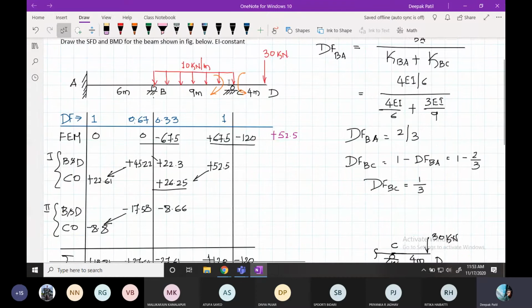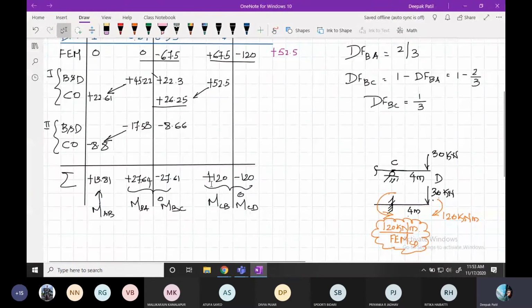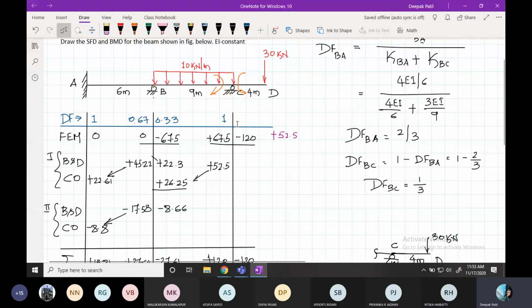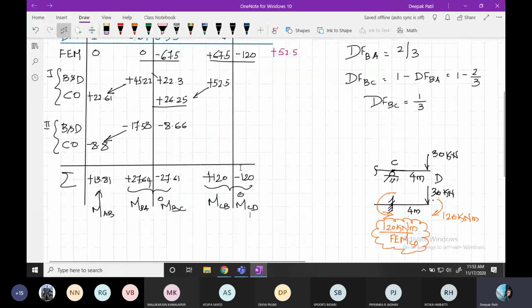Then only the point C, that is, roller support C, will be in equilibrium. So if here it is plus 120 and here also you get plus 120, then the summation is not 0. It means point C is not in equilibrium, but that is not the case, right? So you're getting MCB plus 120, which means MCD you should get minus 120. That we are getting here, and you can see the summation is 0. Are you clear? Yes, sir. Okay, so this was your doubt. Any other doubts you have?